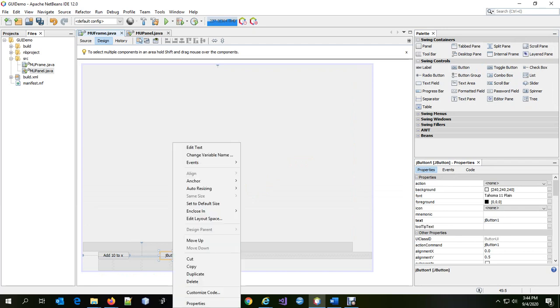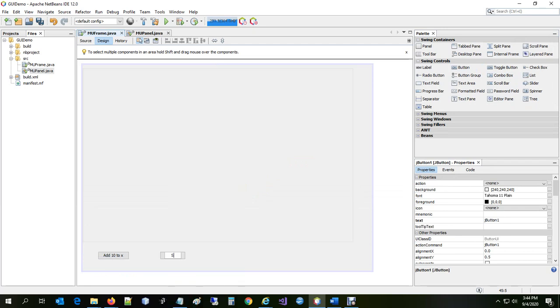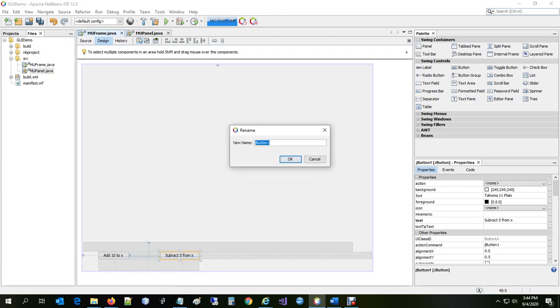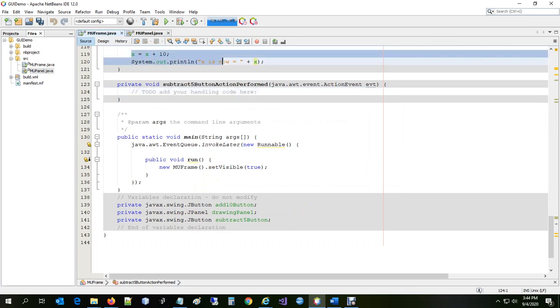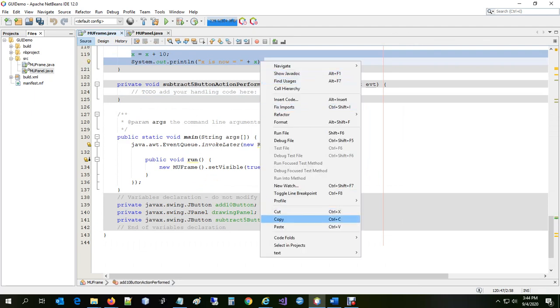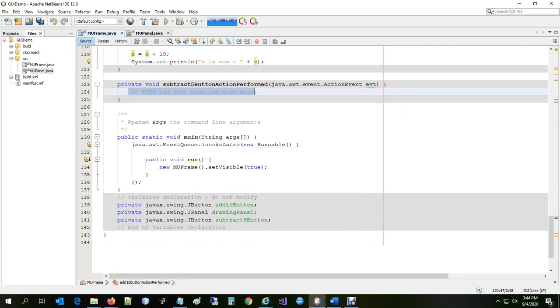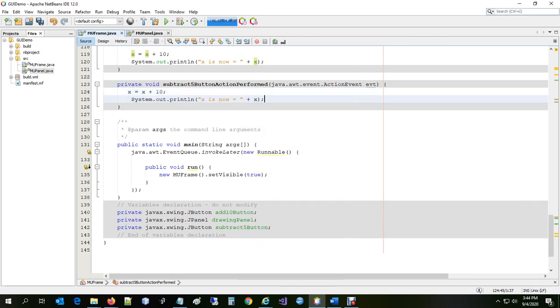Now remember the 3 steps. Edit the text, subtract 5 from x, and right click and change the variable name. Let's call this the subtract 5 button. And then if I left double click on this, it will create a new action performed for that button. And what I probably want to do is something similar to this. So let's do the copy, and then I can paste. But instead of adding 10, this time I want to subtract